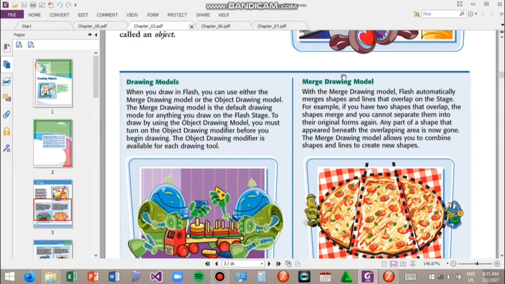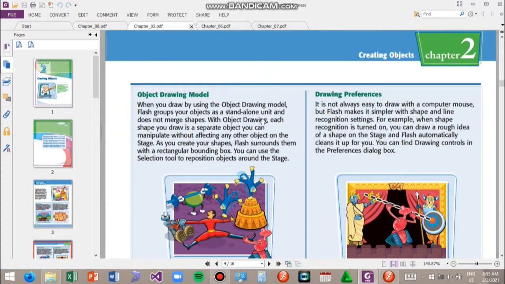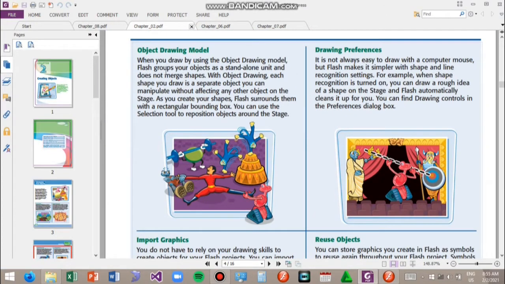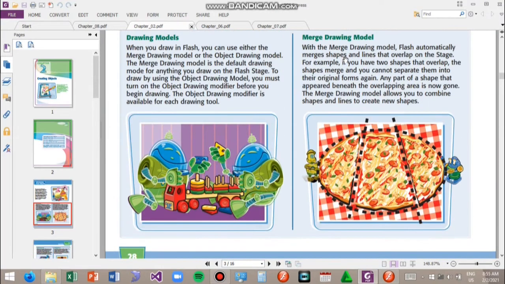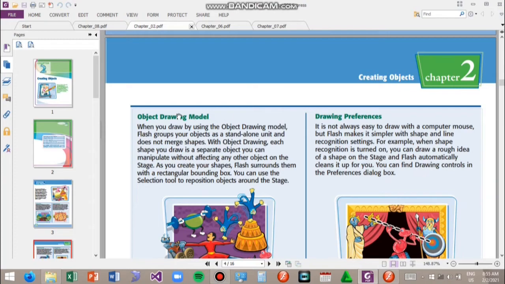That is the merge drawing model. The object drawing model is when you draw by using the object and Flash groups your objects into a standalone unit and does not merge shapes. With the object drawing model, each shape you draw is a separate object you can manipulate without affecting any other object on the stage. So we have here your merge drawing model and we have your object drawing model.